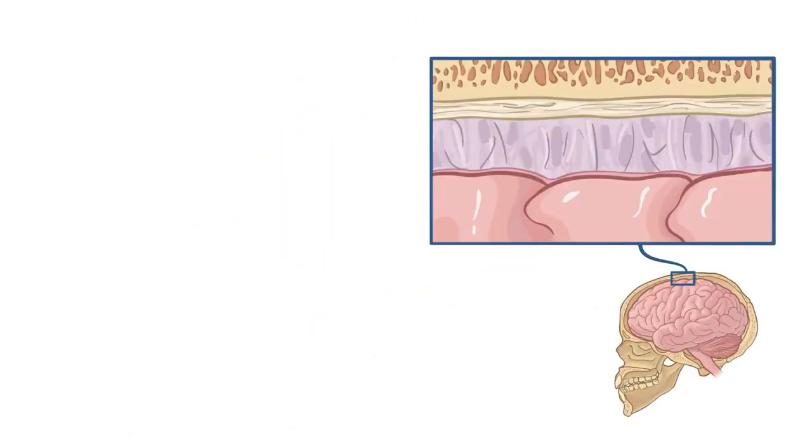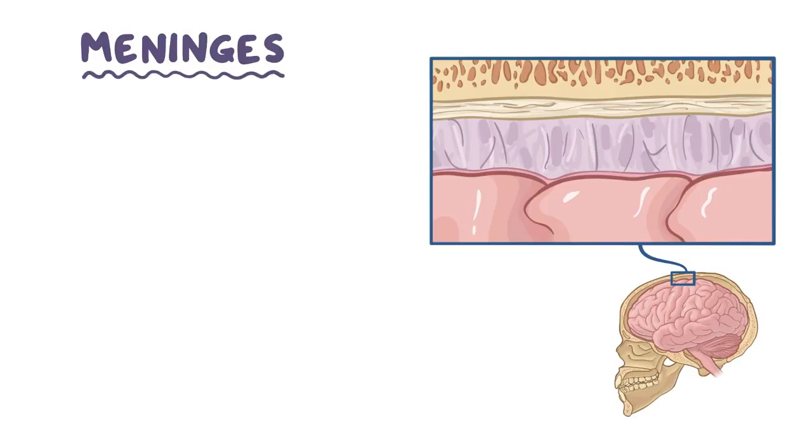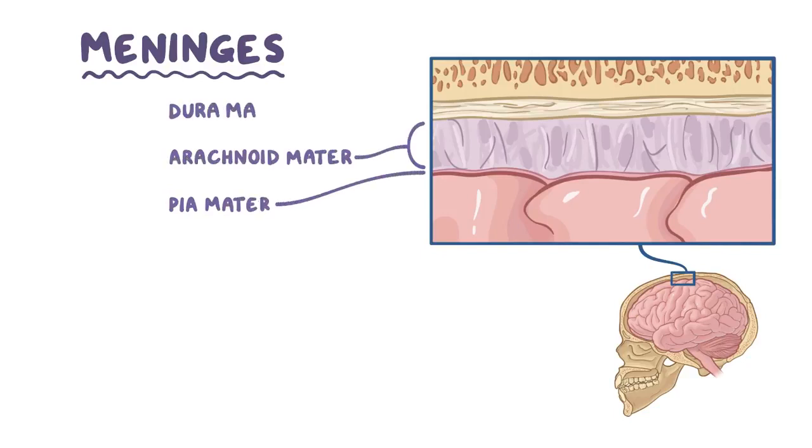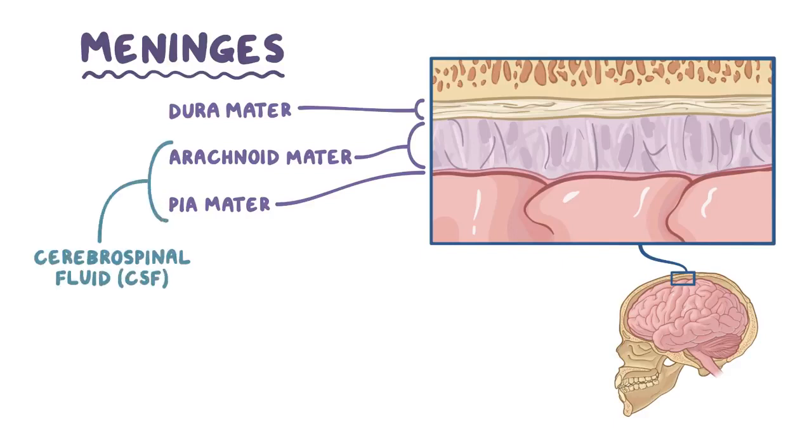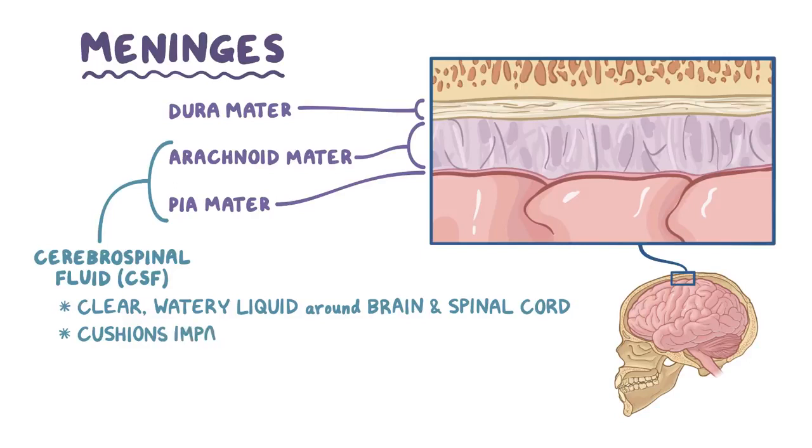Now, zooming in, the brain and spinal cord is covered by the meninges, which are three protective layers of the brain. The inner layer of the meninges is the pia mater, the middle layer is the arachnoid mater, and the outer layer is the dura mater. These first two, the pia and arachnoid maters, form the subarachnoid space, which houses the cerebrospinal fluid, or CSF. CSF is a clear, watery liquid which is pumped around the spinal cord and brain, cushioning them from impact and